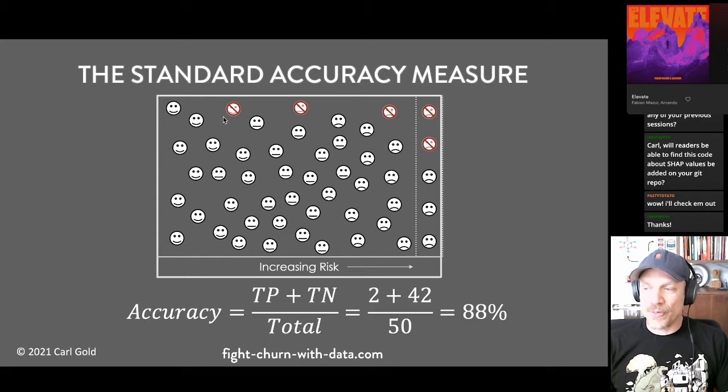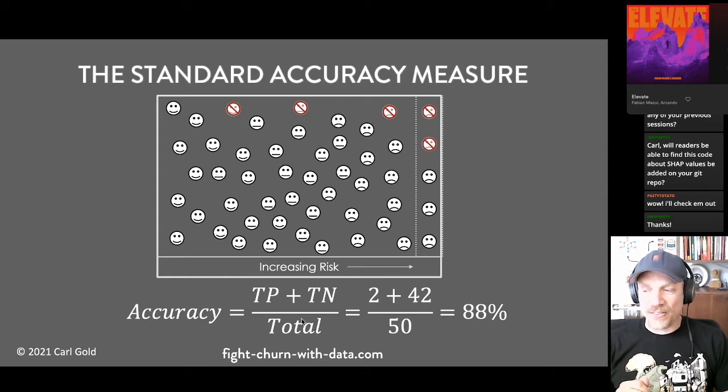And then the red slashes here show who really churned. So we said these 5 would churn, and we were actually correct on 2 out of 5. So that gives us 2 true positives. And then we said that these 45 would not churn, and 3 of them did. So that means we had 42 true negatives.